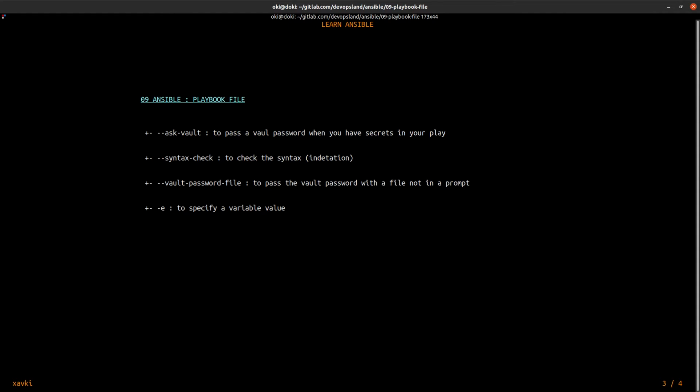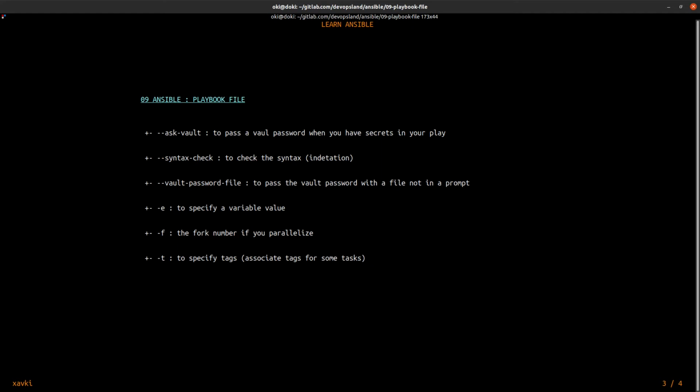-e is to specify a variable value. We have seen that in the last video. -f is to set a fork number if you want to parallelize your run across many servers. -t is to specify tags.